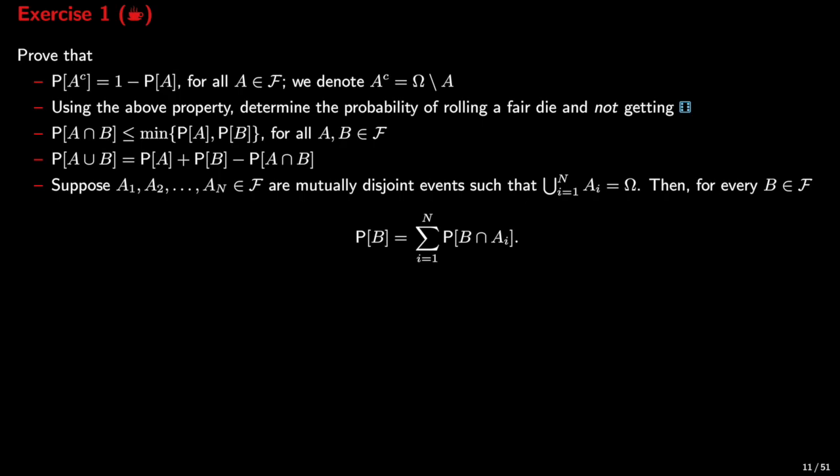And the last one is that suppose you have some sets A1, A2, A3, A4 up to An that are mutually disjoint and they make up Omega in the sense that their union is Omega. When we have such a collection of sets, we say that this is a partition of Omega. It is like you segment Omega in separate regions. It's like you have a map of a continent and you segment it into countries. Then for every set B that is an event, the probability of the set B can be written as the sum of the probabilities of B intersected with Ai.